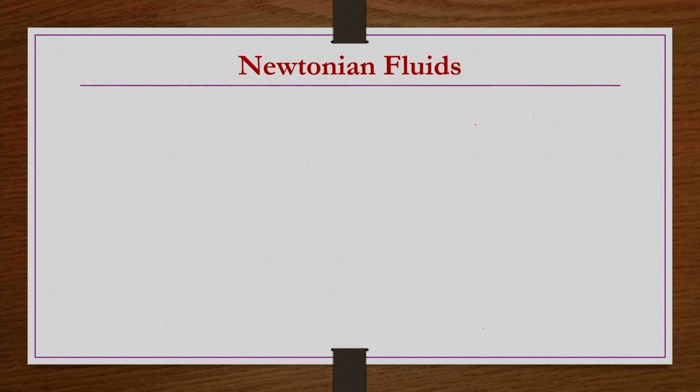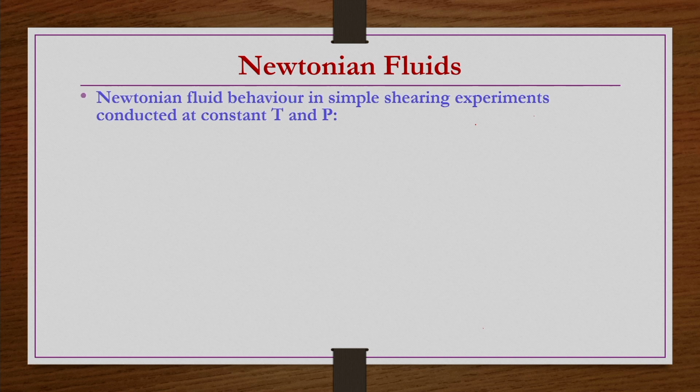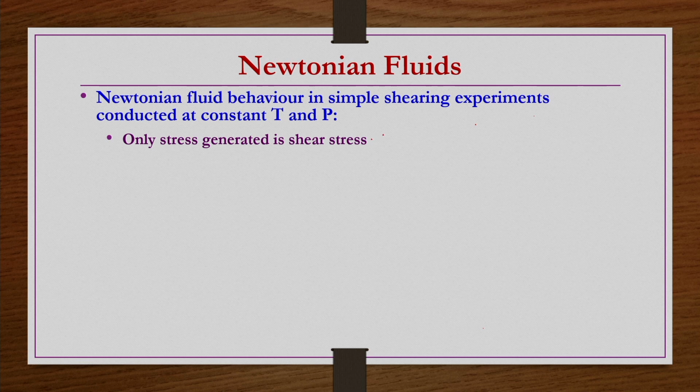So, now if you get into the details of more characteristics of Newtonian fluids, what you understand is Newtonian fluid behavior in simple shearing experiments conducted at constant temperature and pressure. The only stress that you get in such fluids is the shear stress. Whatever the normal stresses are also possible because of the viscous flow, those normal stresses are identically 0, or their differences are 0 for the Newtonian fluid. Right. So, whatever the shear stress, let us say in this case for the simple 1D experiment that we have seen, tau y x, right.